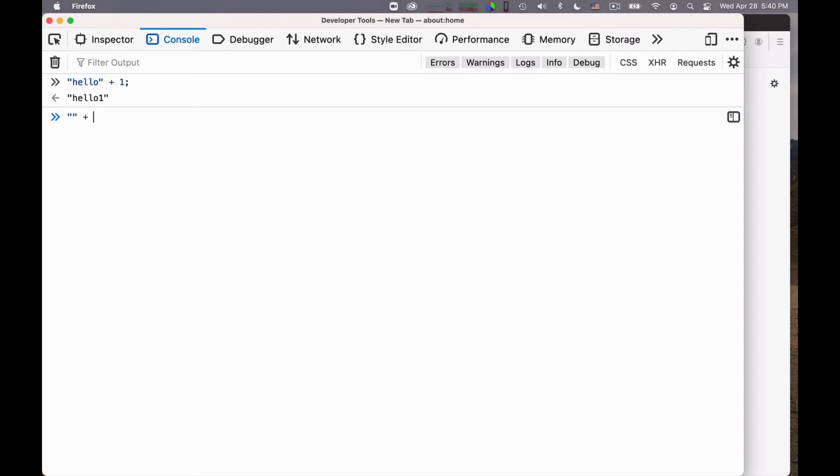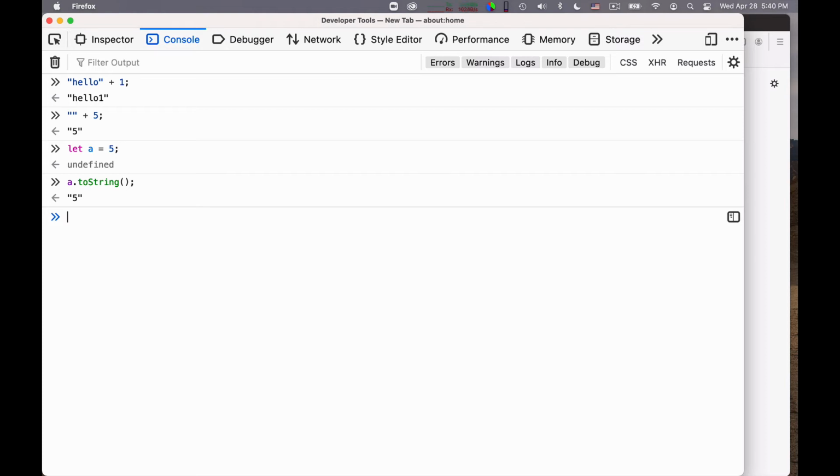So this gives rise to a common shorthand. You can add the empty string to a number as a way to convert the number to a string. This is somewhat horrible. If you had this in a variable, a better way would be to do toString, and this would do the conversion in a more readable way than the hack above.